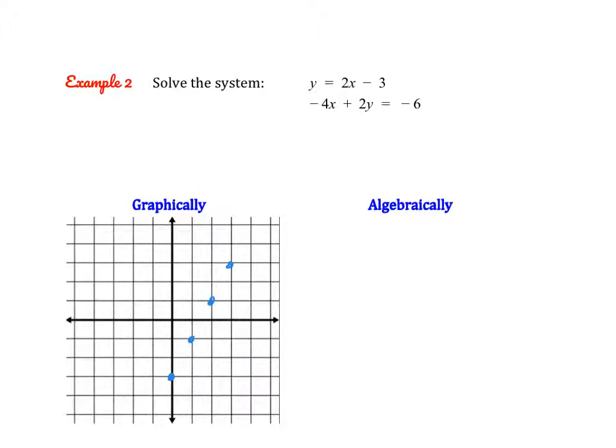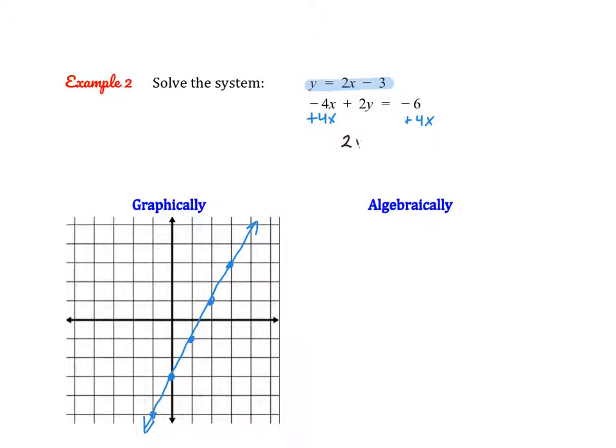So I can follow my slope, and this is the graph of this first equation. Now for me to solve that second equation, I am going to need to rewrite it in slope-intercept form. So I'm going to start by adding 4x to both sides,